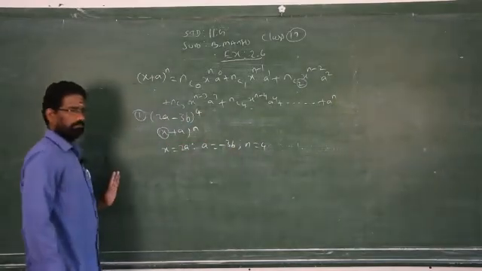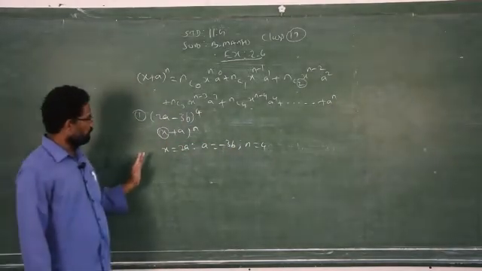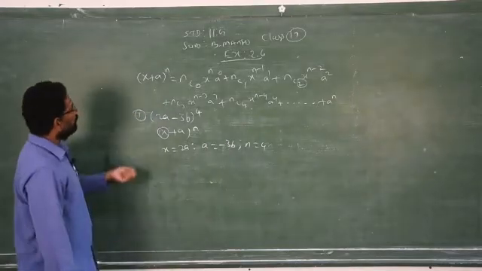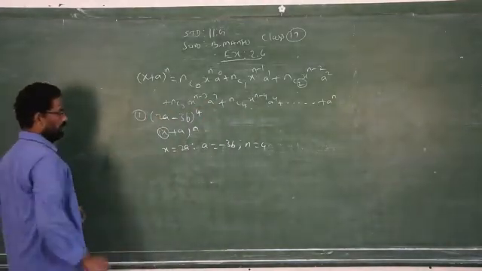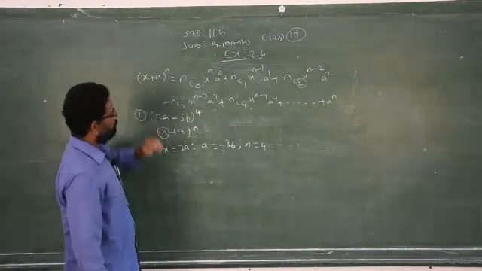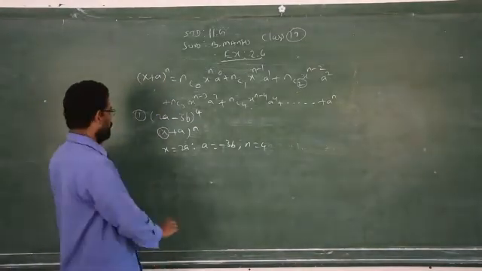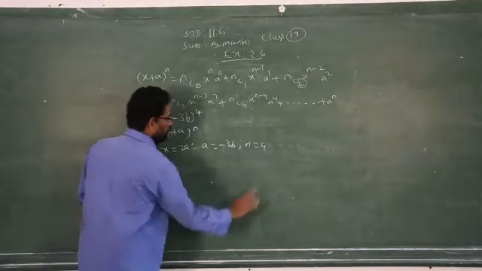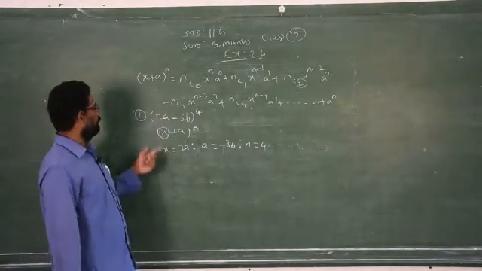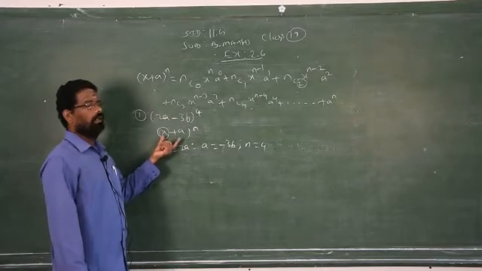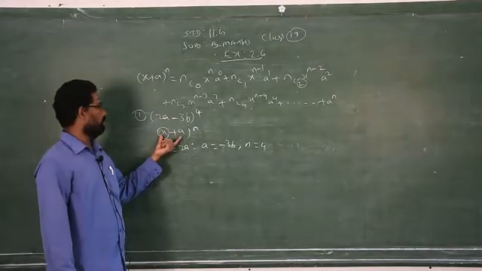That's all. So now you have to write the general formula. Write down the general formula. Here I did not write it down because I already wrote the general formula, but you have to write the general formula for all the problems. You have to write it after comparing the question with the general format of the binomial theorem.